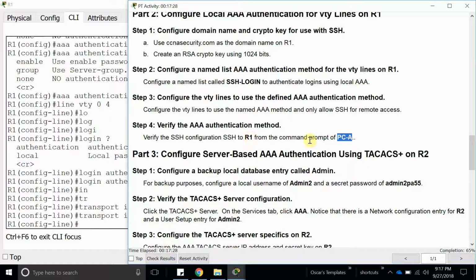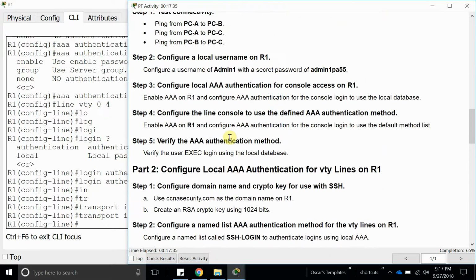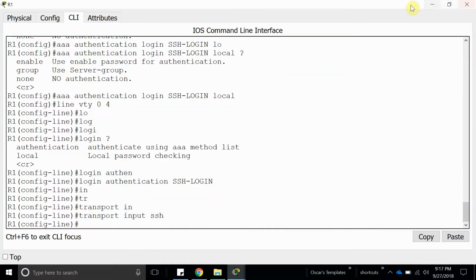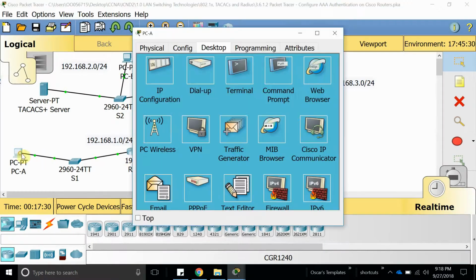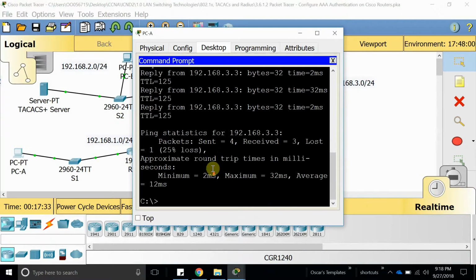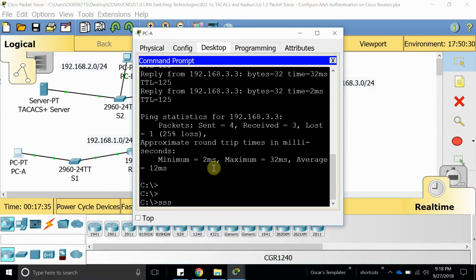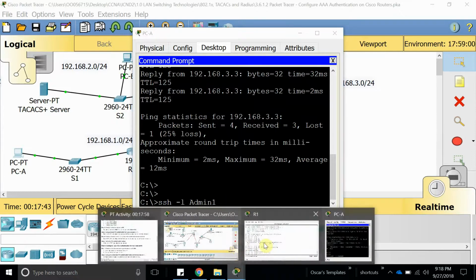Now we have to verify the AAA authentication method is working, right? So from PCA, we have to remote in via SSH. And if I remember, let me see, so it's admin. Let me copy that admin, and the password is admin PA55. So let's go ahead from PC1 and SSH into router 1. From here is ssh -l, and then what we got to put here is admin, which is the username, and now we have to get that